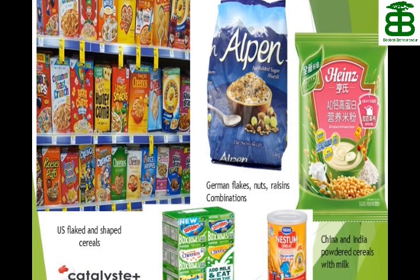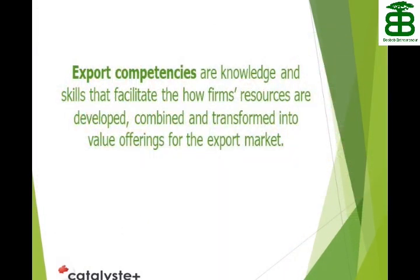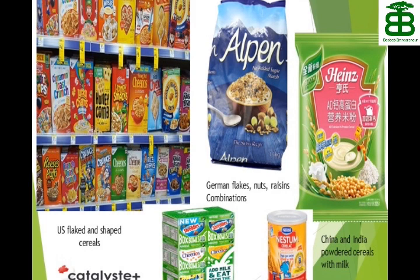Each lesson is a topic that builds on the previous lesson. So you can't just go in and take one lesson and think you know it all. You need to take all the lessons, okay? I'm going to run through some of those competencies here. But the first thing that you need to learn is how to create a differentiated value proposition for your products,